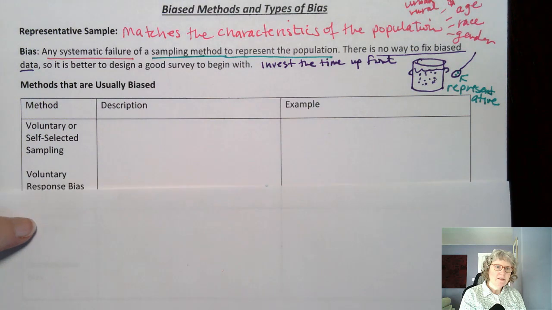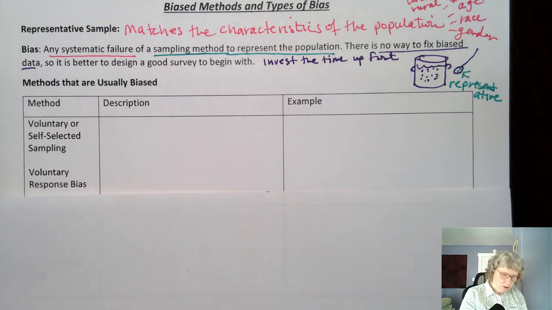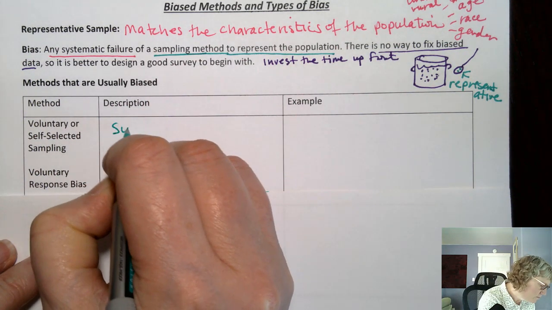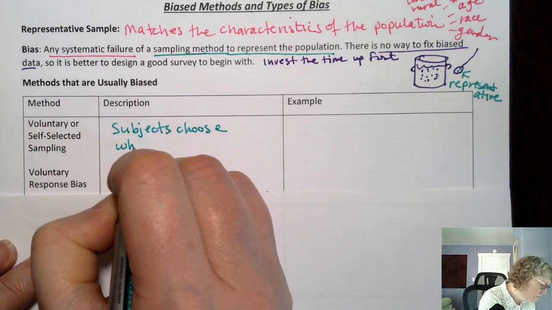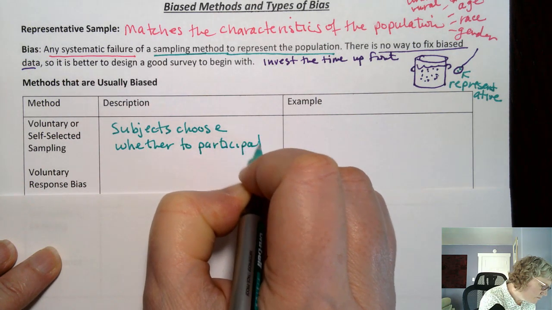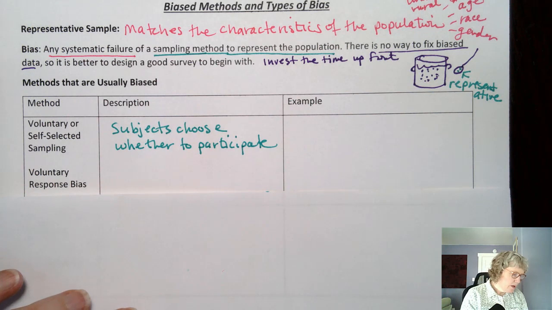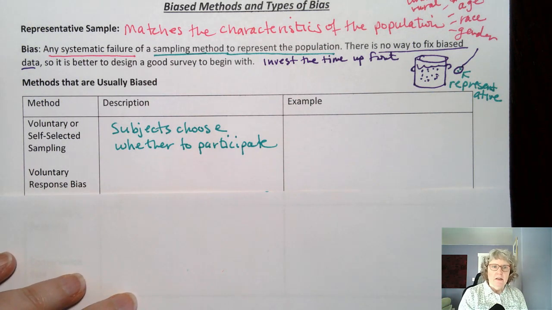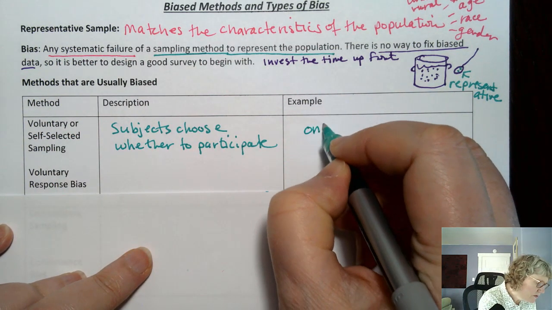Okay, so now let's talk about some bad methods. Some of these are used really commonly, so you'll probably recognize them. One of them is called voluntary or self-selected sampling. So this is any time when the subjects choose whether to participate. Okay, and of course, everyone has free choice, right? So I'm not talking about consent, but these are things like, to give you an example, online polls,